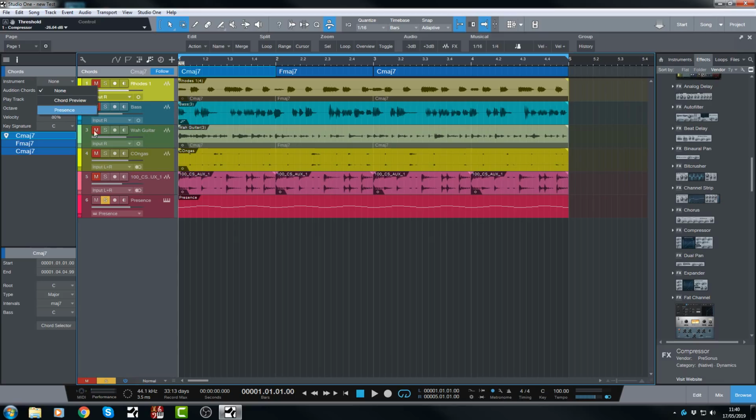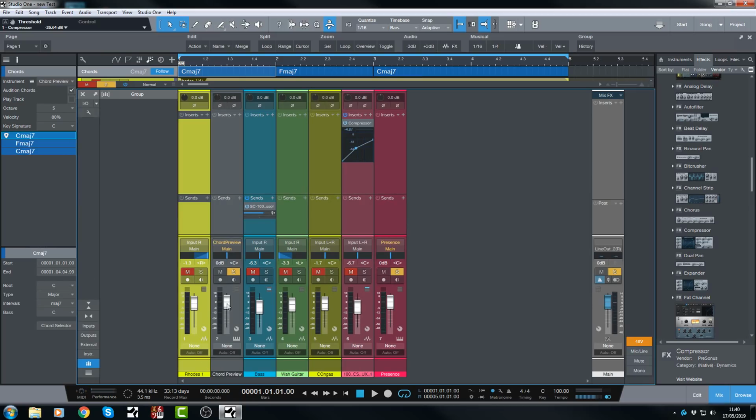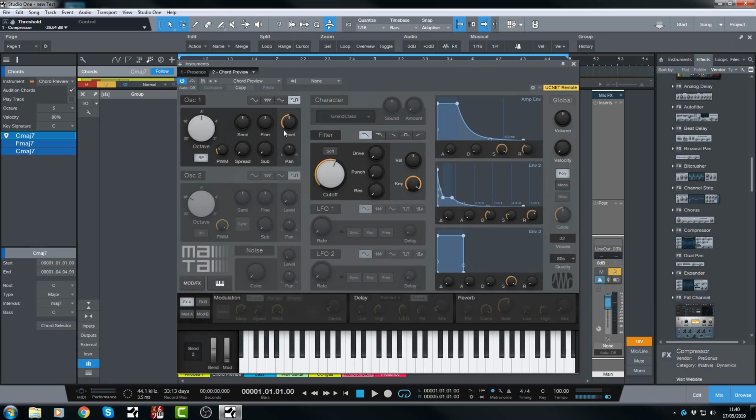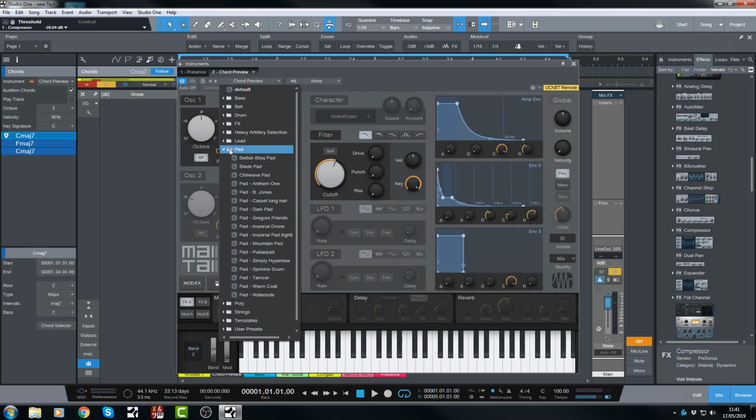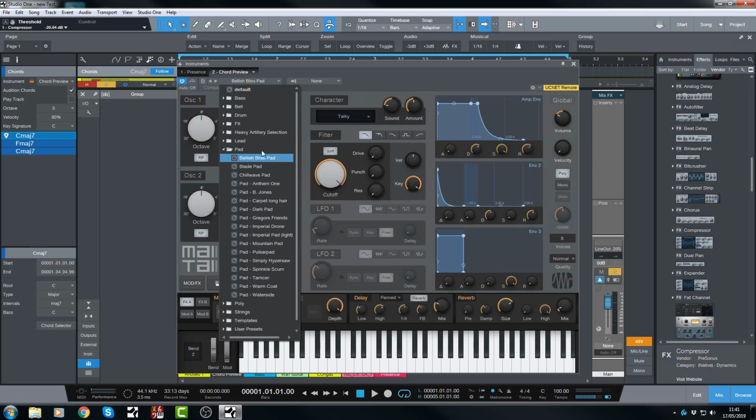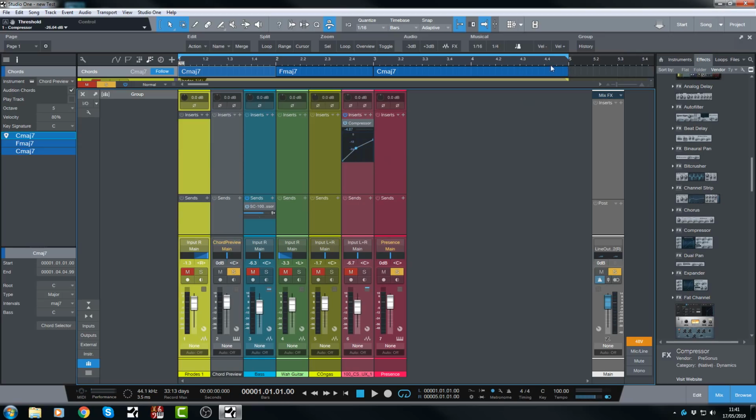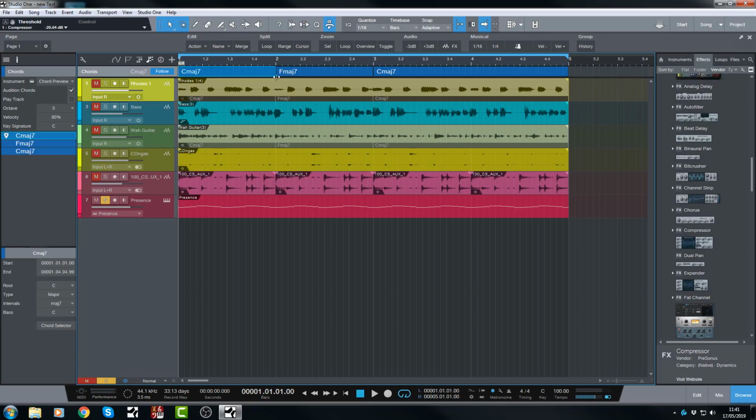So I could use this nylon guitar sound if I wanted to, but let's open the chord preview, and automatically that creates a new track in the mixer called chord preview. And if I click on the keyboard sign here, here it is, MIDI, and it's just a defaulted sound, which I don't find necessarily appealing, but the cool thing is I can change that sound. So if I wanted to change that to a pad, I could change it to that one if I wanted to. And then the cool thing is, if I go back out of the mix window, when I select a chord,